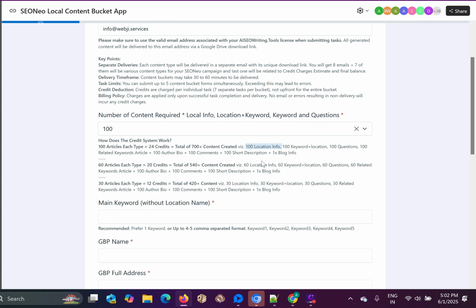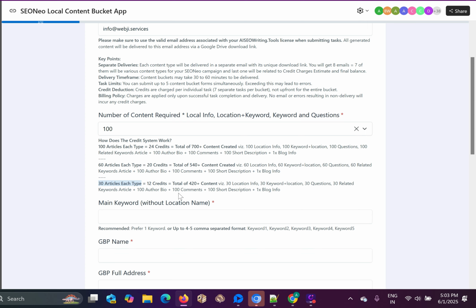All the articles are not created through one prompt, rather they are created with 30 to 50 steps of AI based research. We are using the latest reasoning model, and only after 30-50 steps is each article created. Unlike any other AI app or software, which generally runs one prompt, the article quality may be slightly less. But we invite you, when you get a content bucket, to try with 30